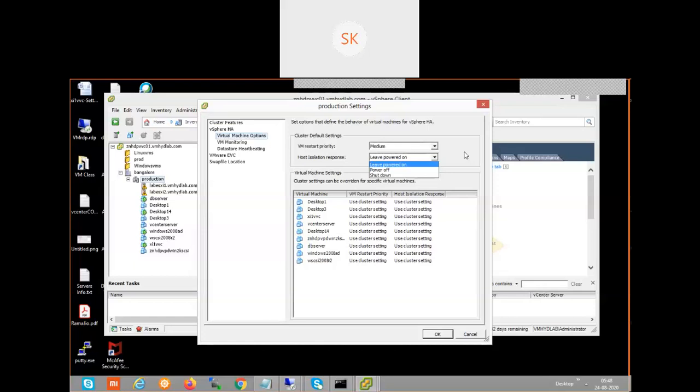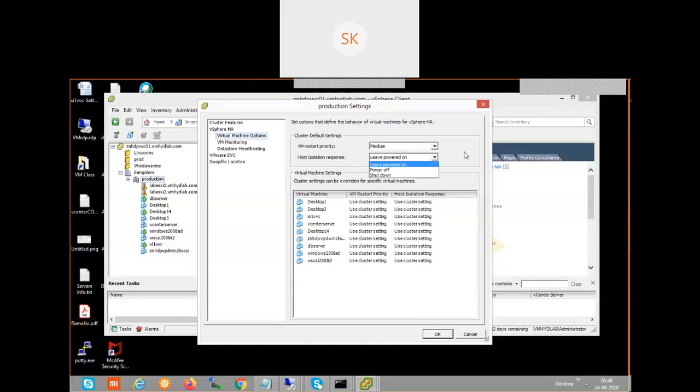If you configure the wrong configuration here, what will happen? If the ESXi host has a management interface issue, the host is not communicating. It is a kind of isolation. As soon as it is isolated, the fault domain manager acts as per the setting. For VMs, there is a separate network we are using, and there is an impact on that network. If I choose the wrong config, for example power off or shutdown, what will happen? As soon as FDM decides that the host is not in communication mode, FDM is going to trigger an event to power off the VMs, shut down the VMs, or leave them in powered on state.